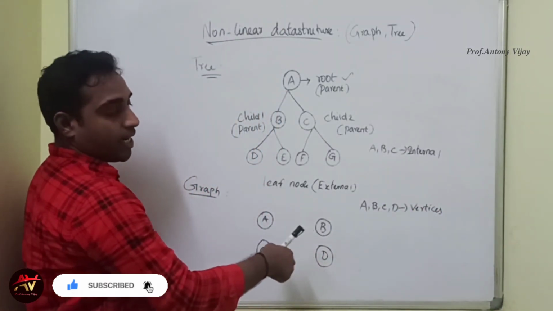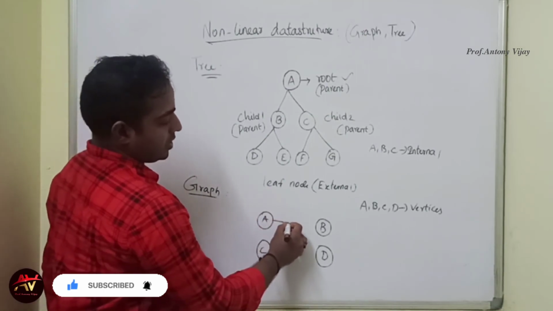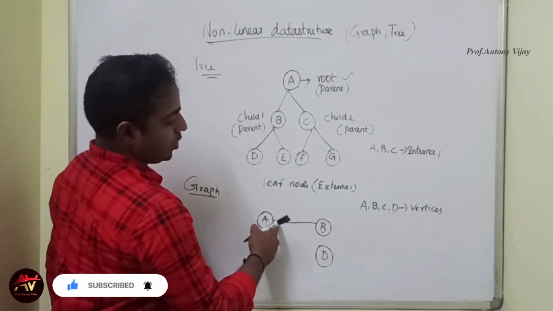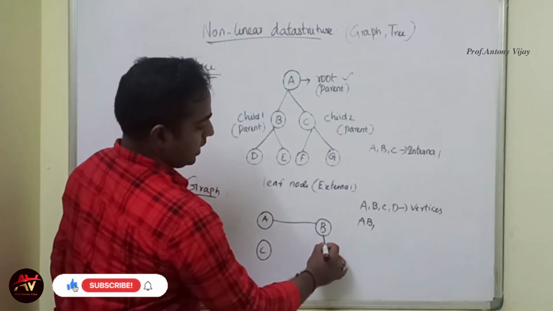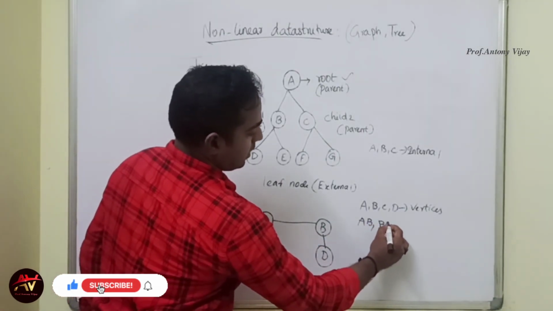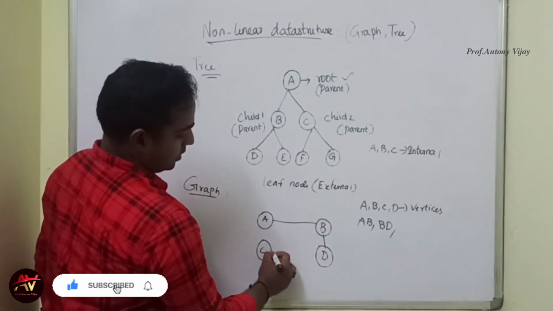These vertices are connected to each other with the help of edges. So A to B, AB, then BD, then CD,